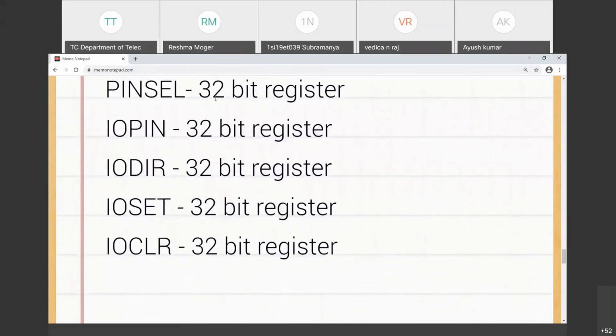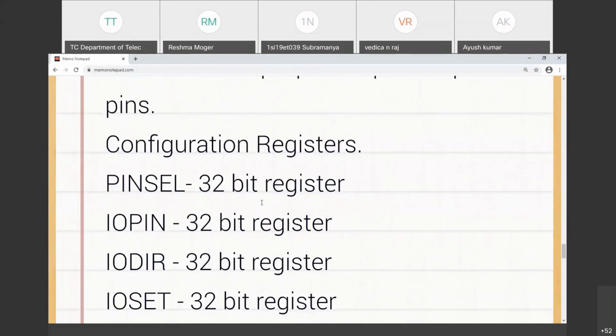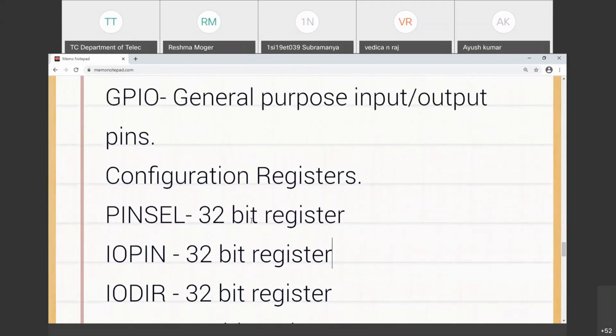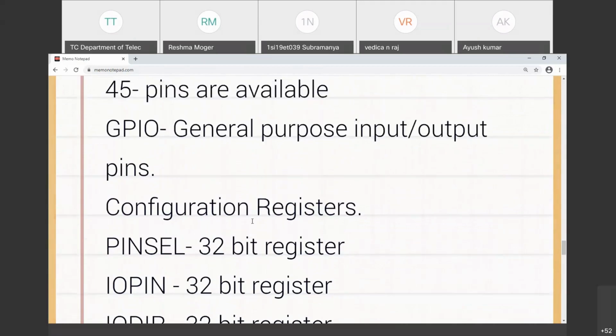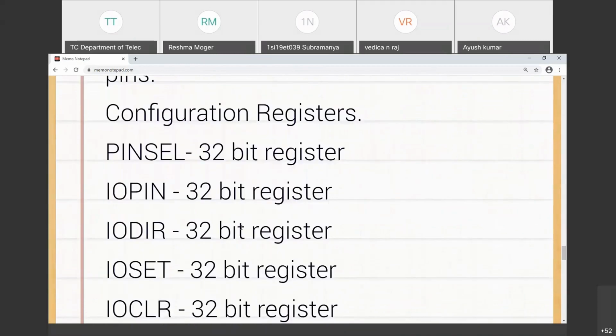We will see how to make use of these configuration registers to start our IO programming in the next class. I'll just stop here. We will discuss each one of these, how to put the value, and how to see the result. Simultaneously, we'll observe the execution. We'll execute a program and see how this happens. Because the architecture of LPC2148 is readily available, which we are using. The only thing is we need to make use of these configuration registers and ensure the particular operation